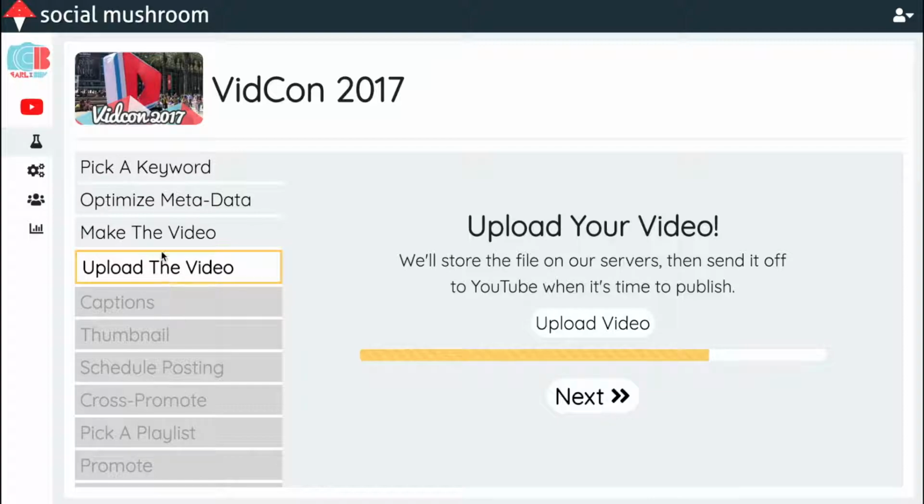It walks you through all of these steps, from starting by picking a keyword to optimizing the metadata, like your title and your description, and obviously your video tags, to making the video, like tips on how long your video should be, royalty-free music, etc. And then there's uploading your video, captioning your video if you want to, creating or uploading your thumbnail for it, scheduling your video to be posted at the time that you choose,